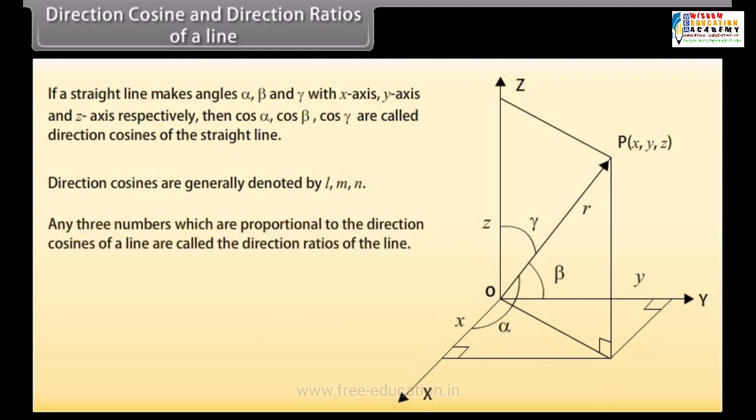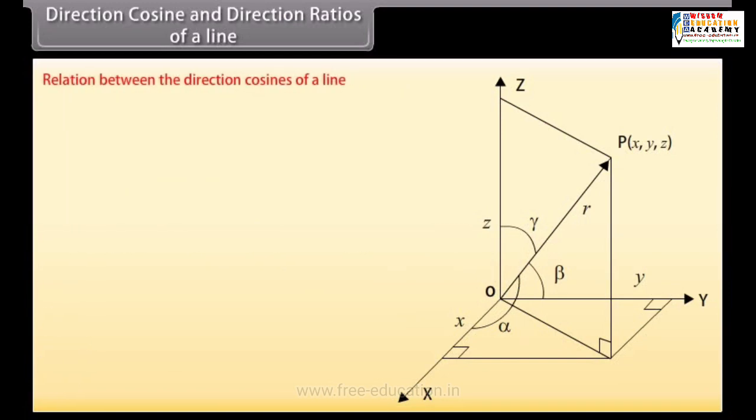Any three numbers which are proportional to the direction cosines of a line are called the direction ratios of the line. If a, b and c are direction ratios of a line, then a equals lambda l, b equals lambda m, c equals lambda n. Relation between the direction cosines of a line. If l, m, n are direction cosines of a straight line, then l square plus m square plus n square